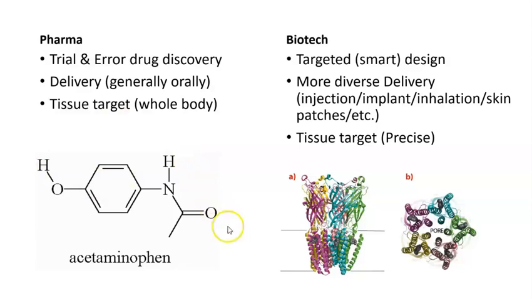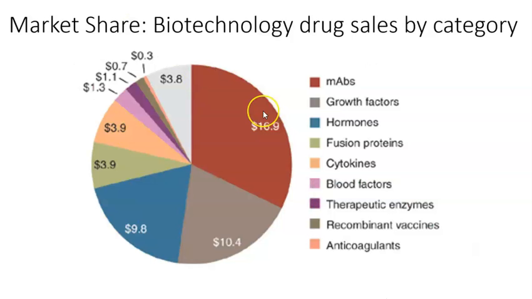You can either do that blindly, just looking at high throughput, just any drug that has ever been made, or anything that you have that you want to throw on. You can try to attach it and look at the binding affinities, or you can do the smart design techniques. This is a bit dated now, but the market shares, or how much we're talking about here